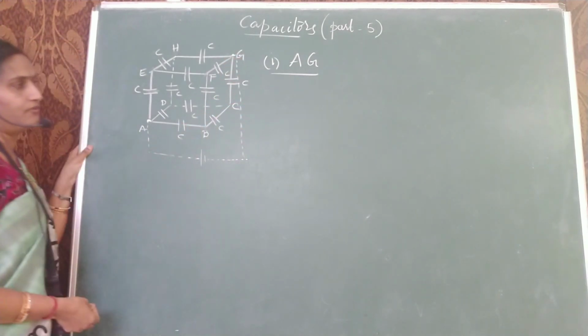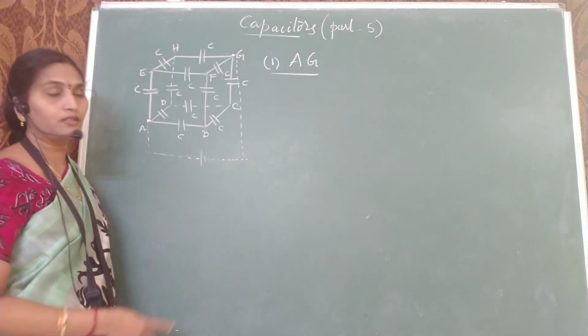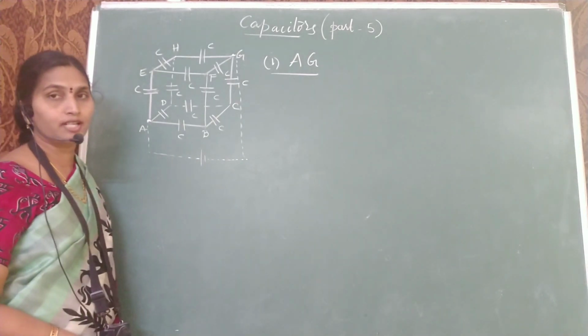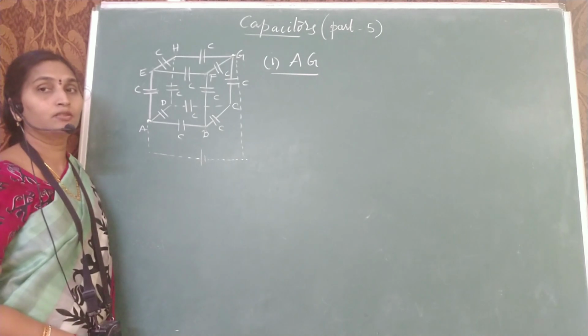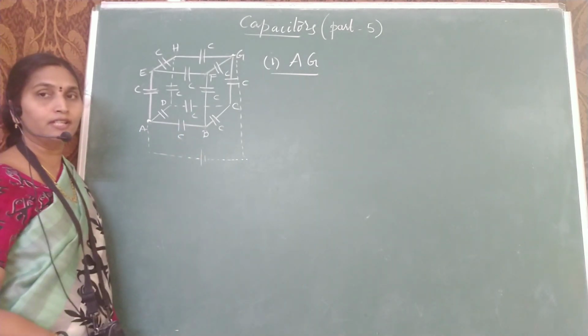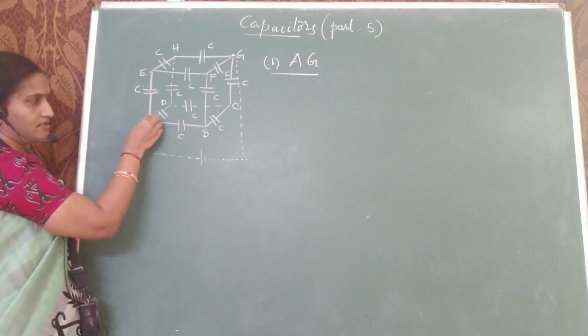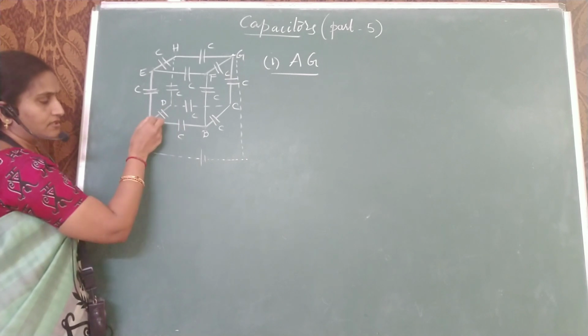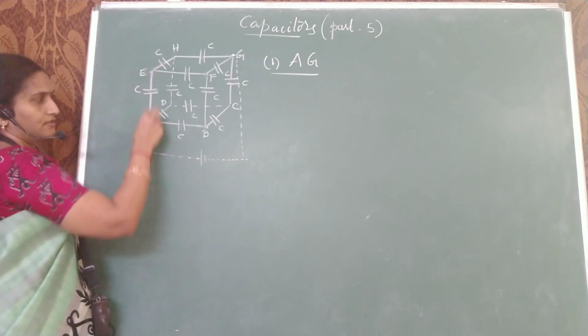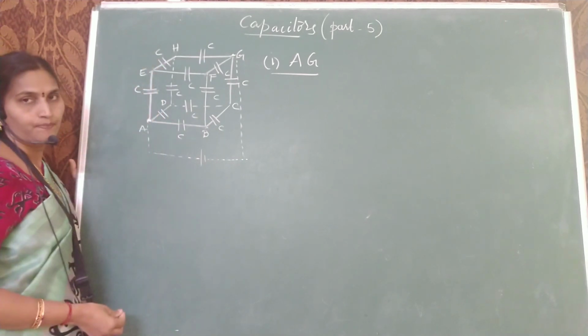Okay, let this be a battery which is going to supply the charges. So I will give you the equivalent circuit. You can also solve it by division of charge. So that also I will tell you later on. But here I will show you how to make the equivalent circuits. See, this is a battery. When the charge is entering this junction, it is divided into three parts. Okay, it is going to D, B and E.